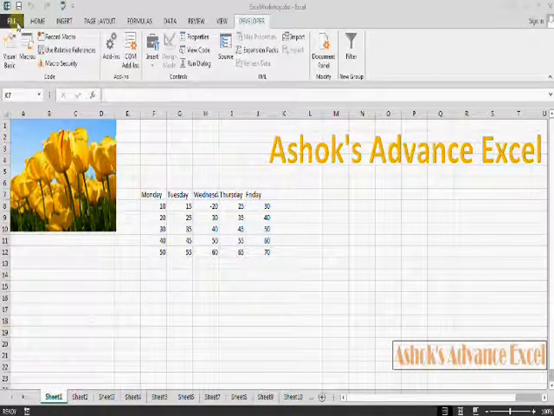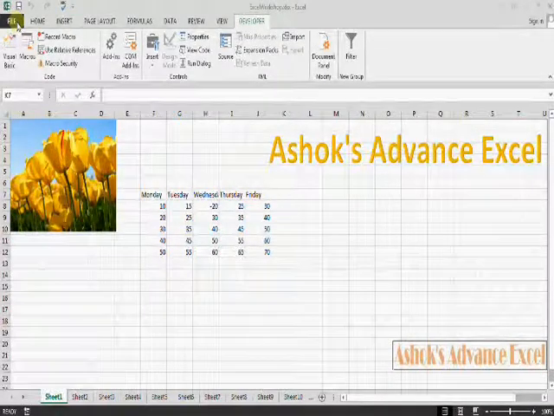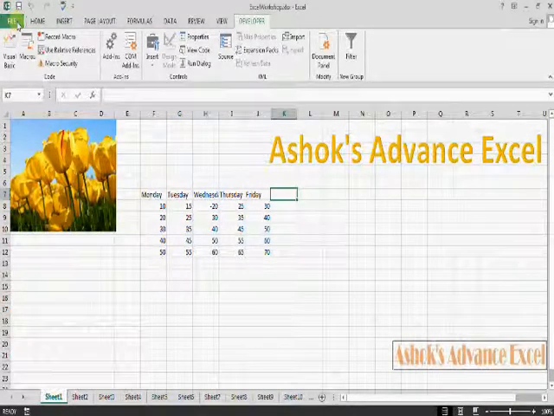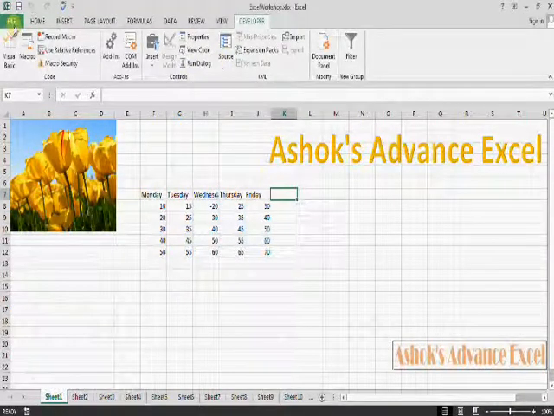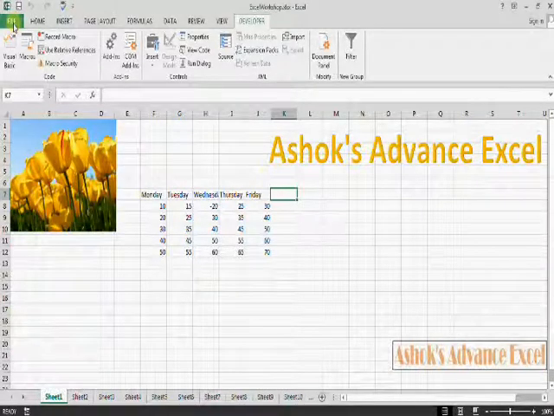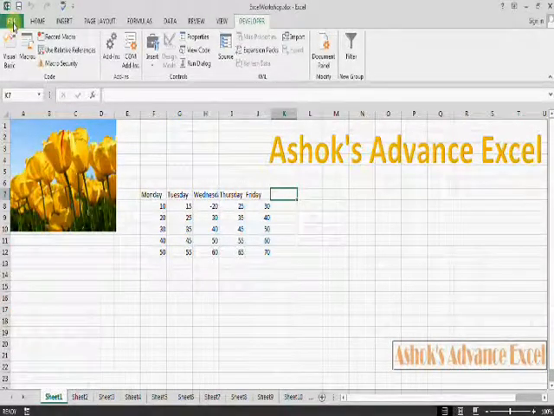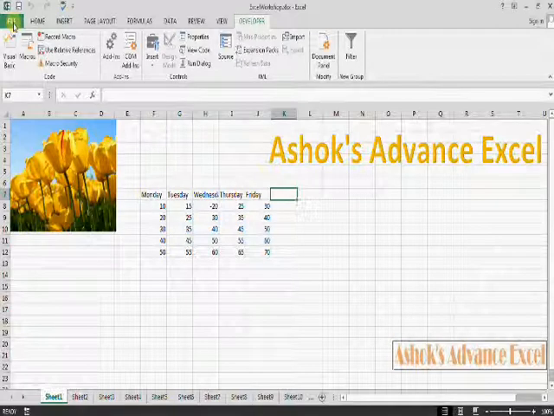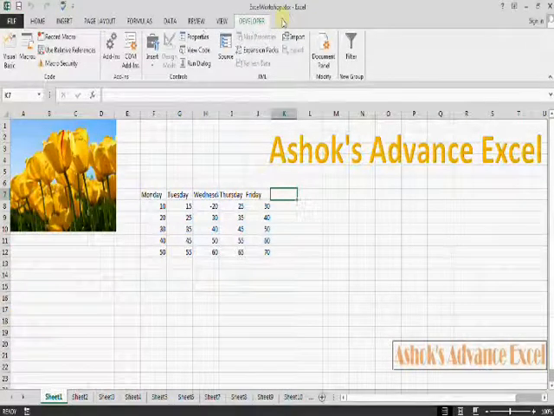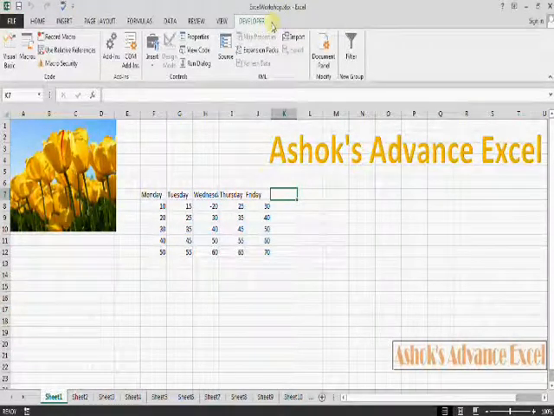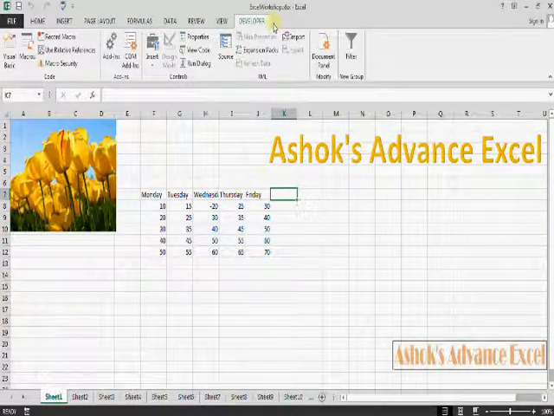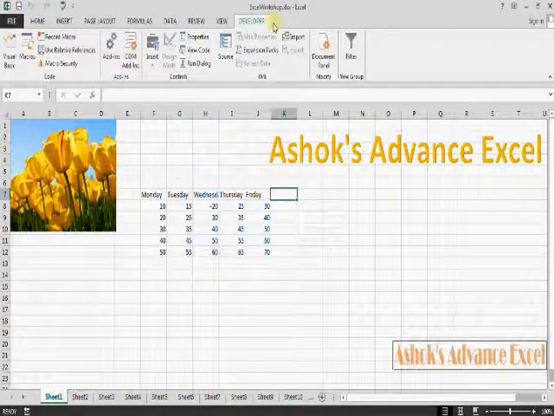One more interesting thing is that we can add one more new tab in the ribbon. Let us see how to do this. I know you will also like to learn this. Now I am going to add one more tab next to developer. Here that tab name will be my name, that is Ashok. With my name I can create a new tab here in the ribbon.